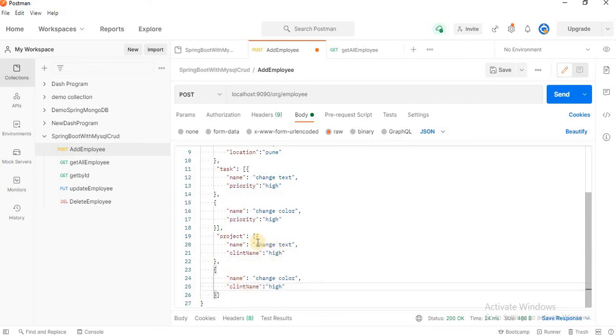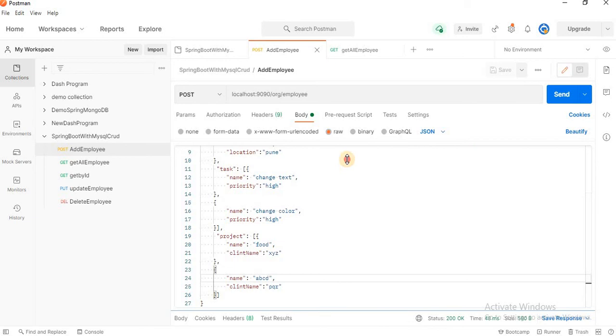Okay, the first one is food related. Okay, we think it's a food related project. Second project name is ABCD, client is XYZ. Okay, PQR, simply type here PQR. Let's save and click the send button.